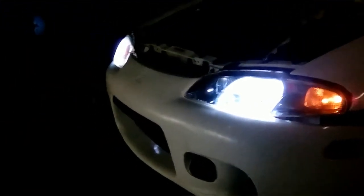Okay, so just to finalize the Xenon, all the connections up there, 55 watts and 6,000 color. It's more white than blue. It doesn't quite have the blue in it, but I might get more later. And now I need to tighten everything up. It gets pretty hot, so I wonder if this is going to screw that up, but anyway,